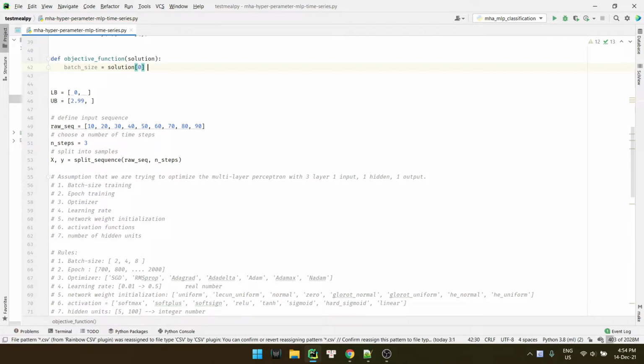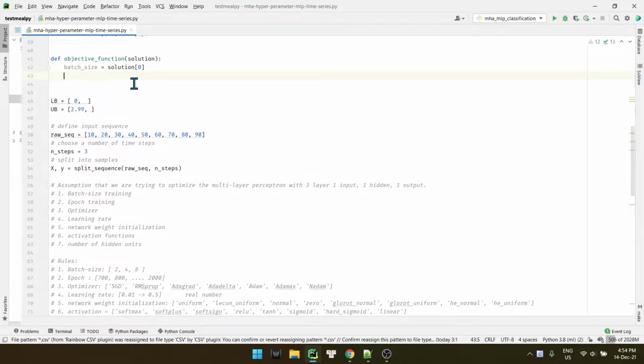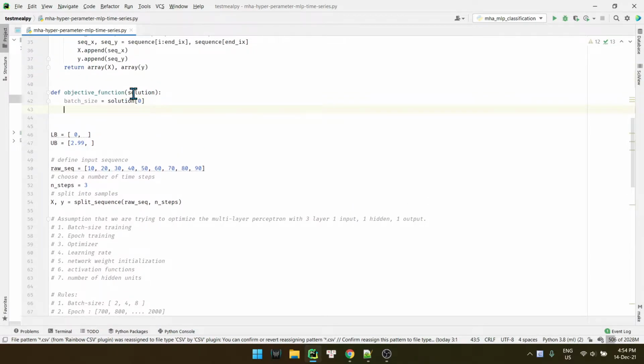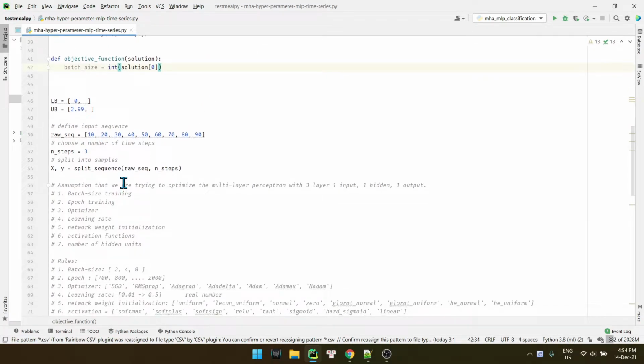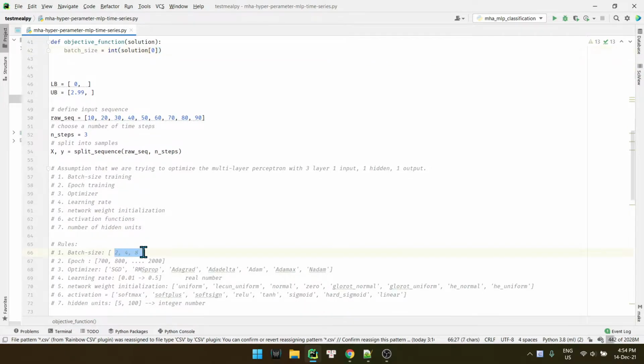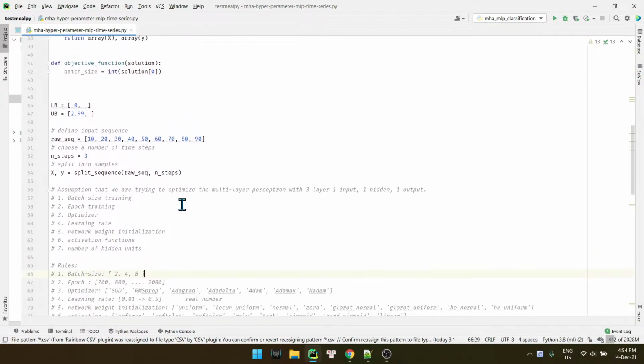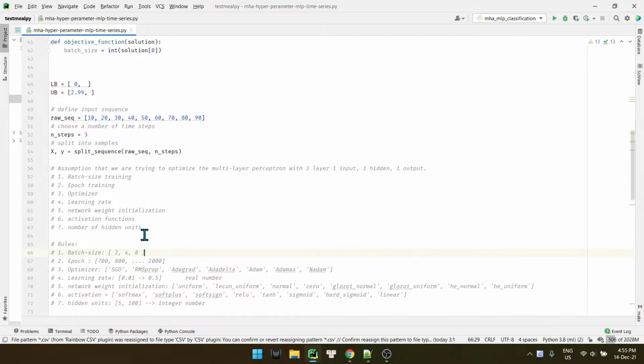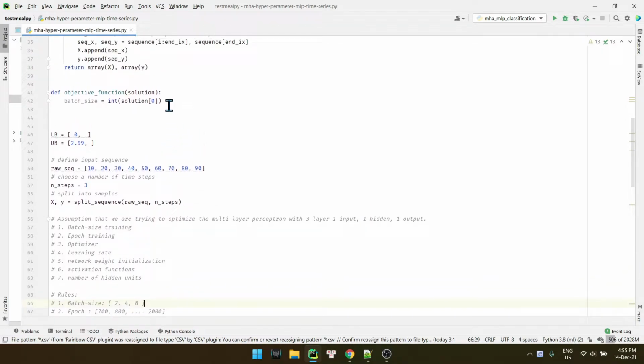Because we know that the solution will return a real number, now we need to make it an integer number, right? Because the batch size is an integer number: 2, 4, 8, which are exponentials of 2.